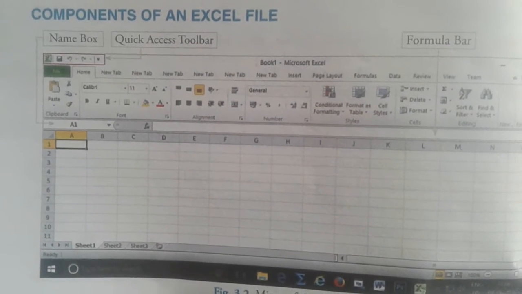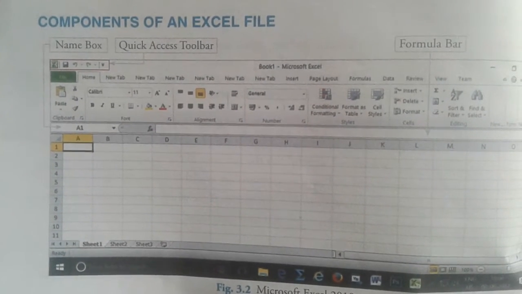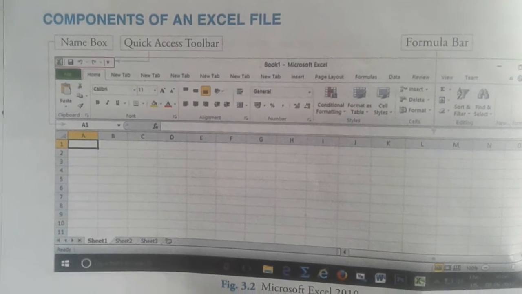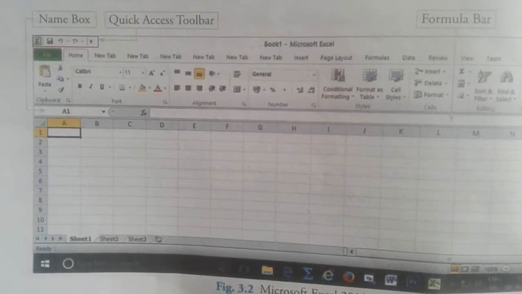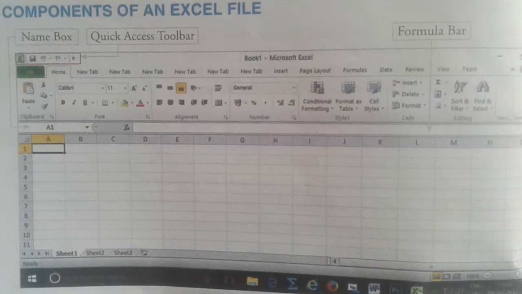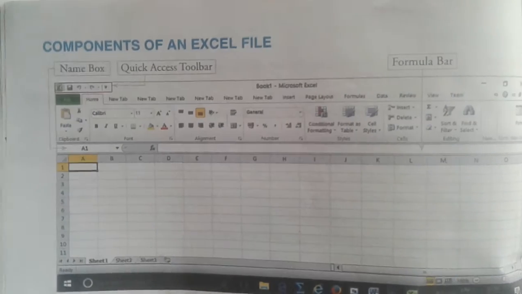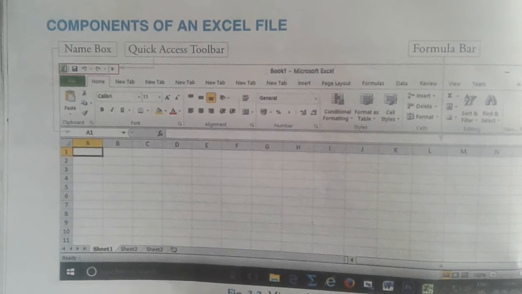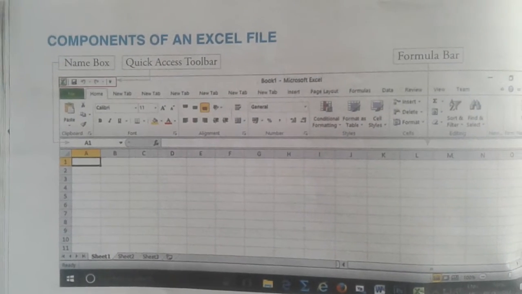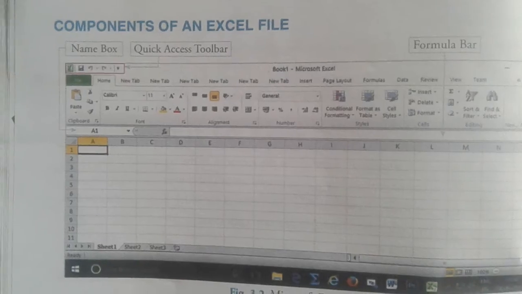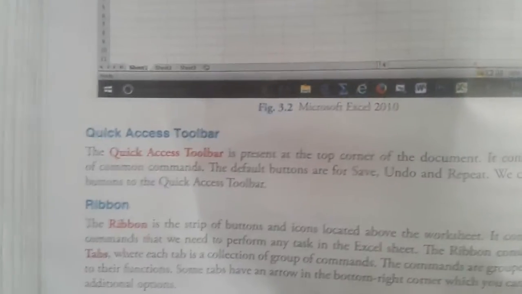Components of an Excel file. The components showing in front of you are the name box, quick access toolbar, and formula bar, right? So these are the components of Excel: quick access toolbar, ribbon, rows and columns, cells. Now moving forward, what is the quick access toolbar?